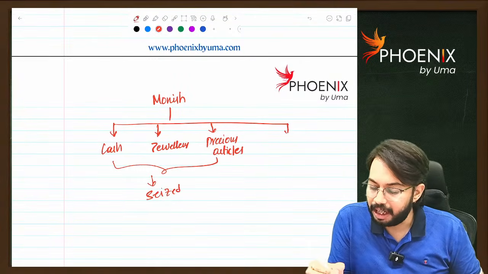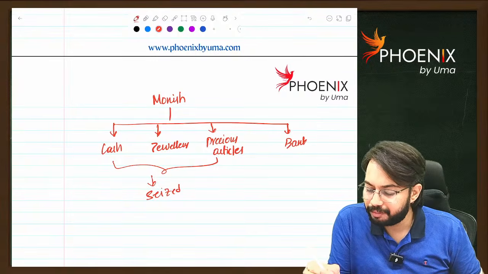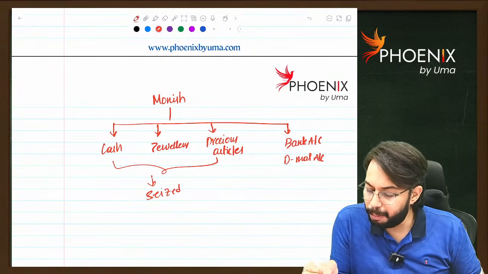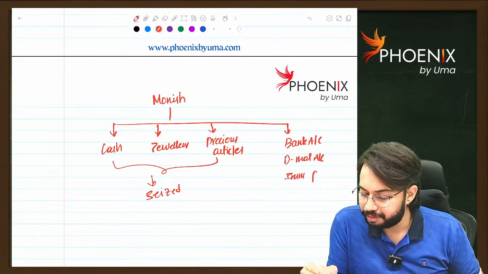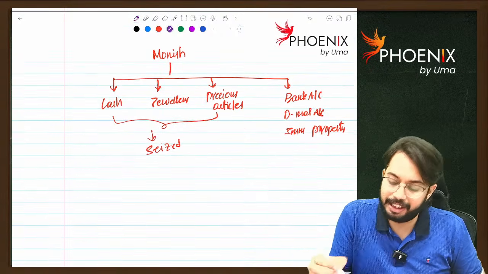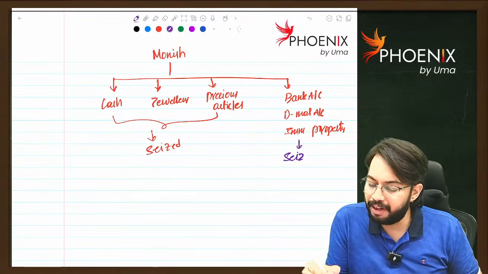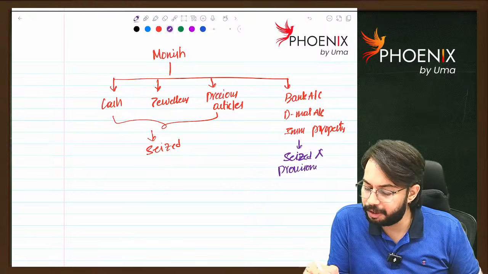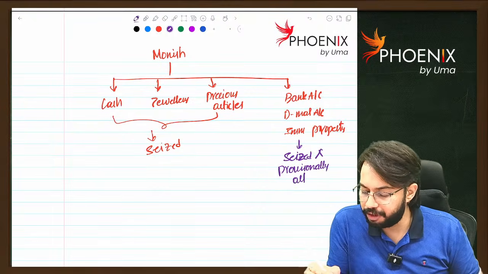Monish is having a bank account, demat account, immovable property. Now, can they be seized? They cannot be seized. So what they will do? They will provisionally attach these properties. Are you able to understand? What they do is provisionally attach the